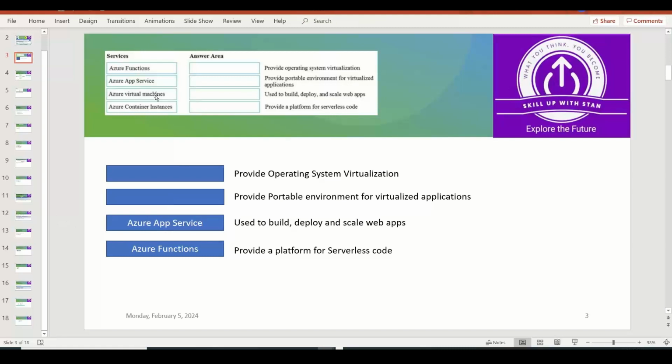The next one is Azure Virtual Machine. You know, this is the virtualization at the operating system level. We have the virtual machine created for us. So this provides you operating system virtualization. And the last one we have got